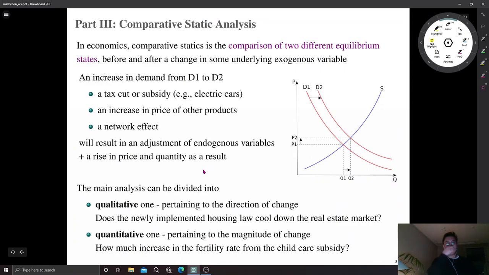So we finally move on to part 3 in the textbook, the new topic, comparative static analysis. We are kind of done with linear algebra. In the past 2 weeks, we studied how to solve a system of linear equations using matrix algebra. Of course, linear algebra is a large branch of mathematics, so it's almost impossible to address every single topic in just 2 weeks. But I think we did cover the most important ones.